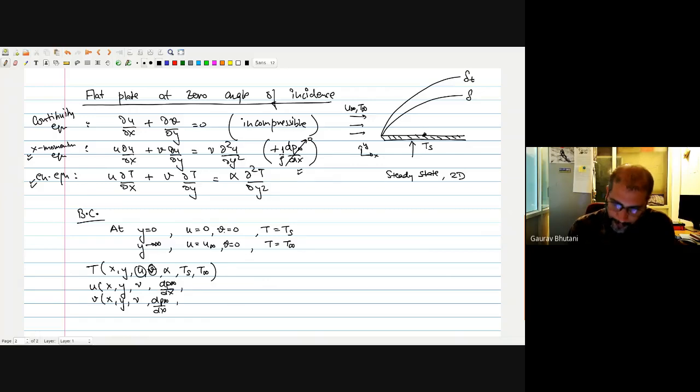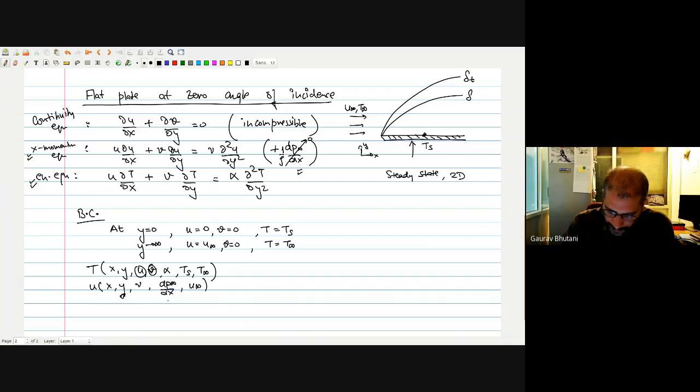And then we have to consider the boundary conditions. So the only thing we have is u infinity here. Okay. So we don't need to actually write the v dependence. We're just interested in u here. So you see that u depends on x, y, nu, dp infinity by dx and u infinity.